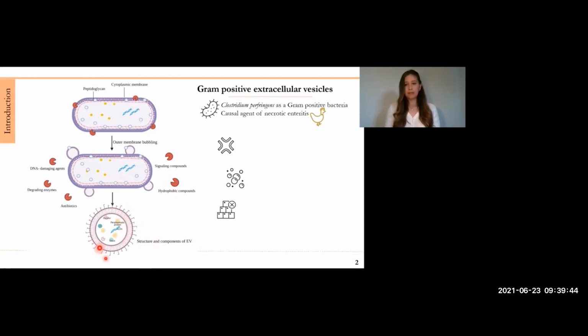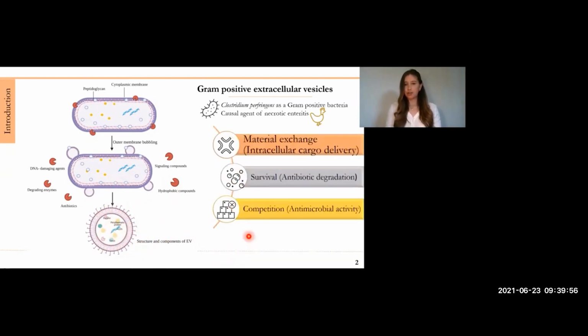After the membrane bubbling, we can see the EV structures and their components inside. This EV structure has multiple functions. Among the main ones is the capacity for material exchange by intracellular cargo delivery. Furthermore, vesicles also allow the survival of the bacteria, prevent antibiotic degradation, and finally, they allow competition through